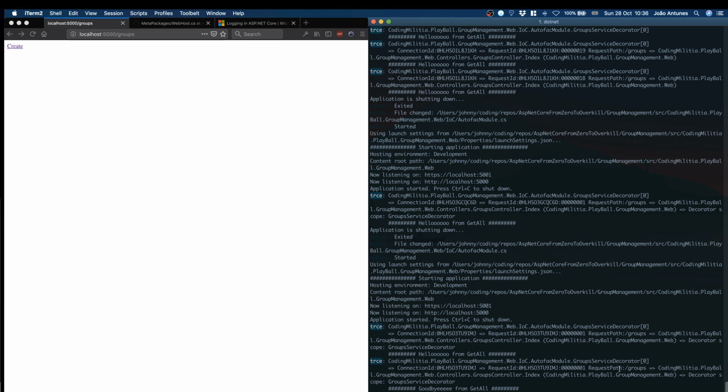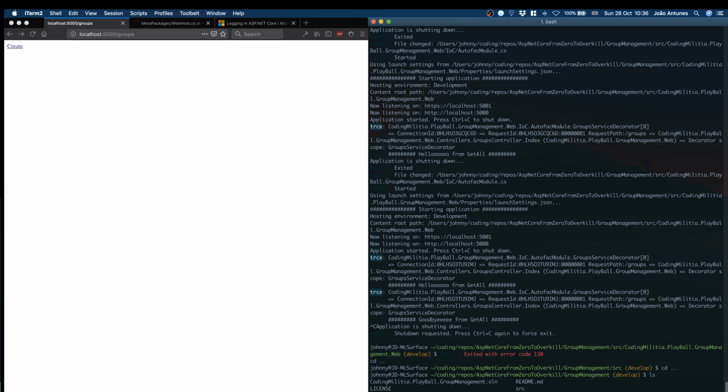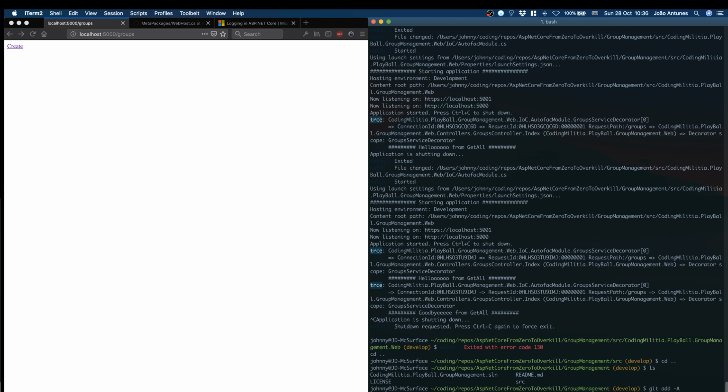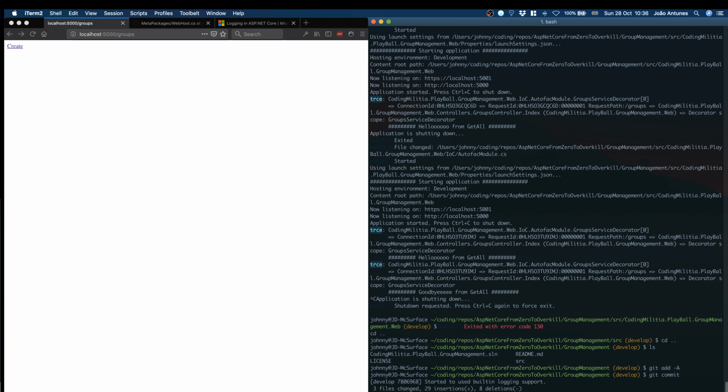So I think this is the basics of logging. So I'm just going to stop this for now. Go back to the root. And I'm going to commit this as it is. And okay, this is done. Now, like we did for dependency injection, let's take a look at